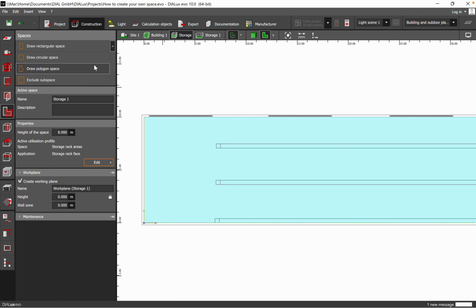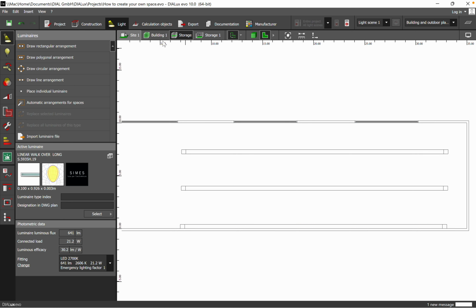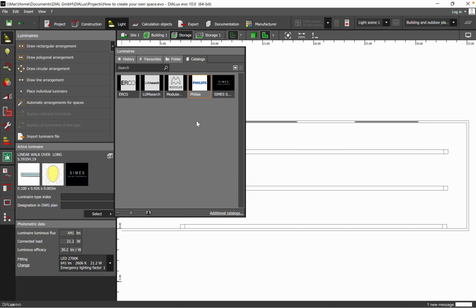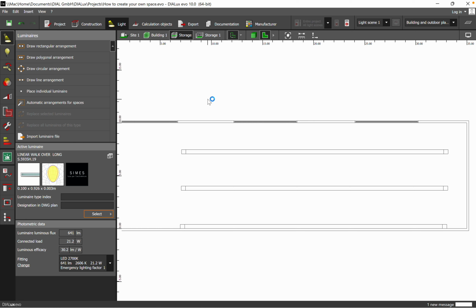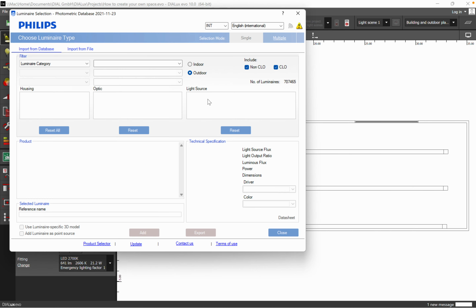When you want to choose the lighting for the specific application you are working on, you need to go to light, and in this part choose the select button, and then you have the catalogs here. You can see which catalogs I have already installed and am currently using. If you want to use a specific one, double click on the catalog, and a new browser opens with a product selector. Based on the application, you can choose a